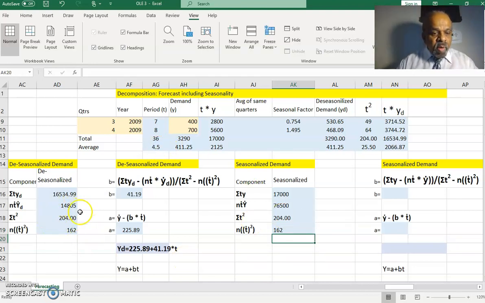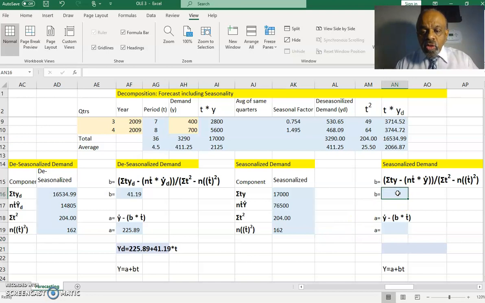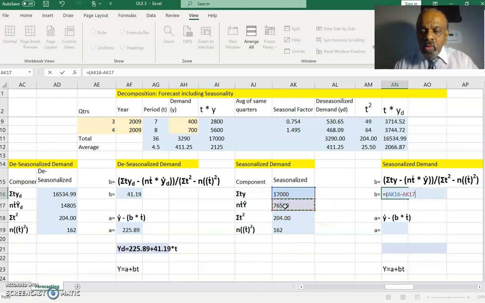See here, the denominator is going to be the same, whether it's seasonalized or deseasonalized. Okay, let's calculate B. Now B is going to be calculated the same way, but we're going to use these data here. So B is equal to sigma TY, which is 17,000, minus N times T average times Y average, which is 76,000, divided by